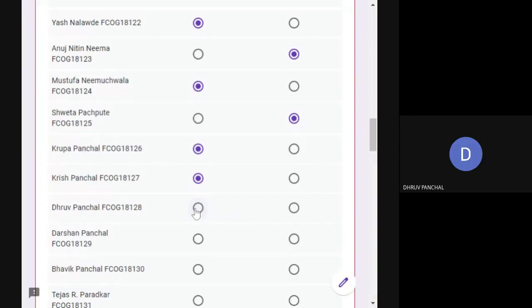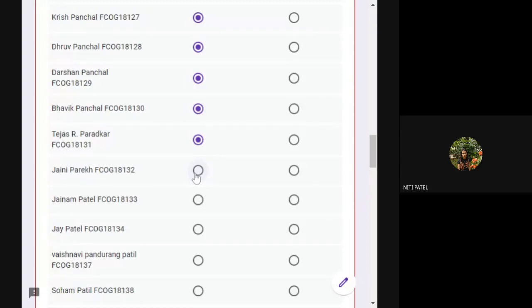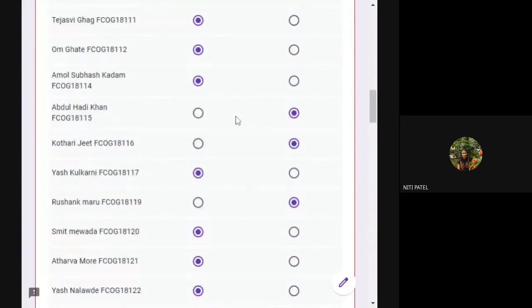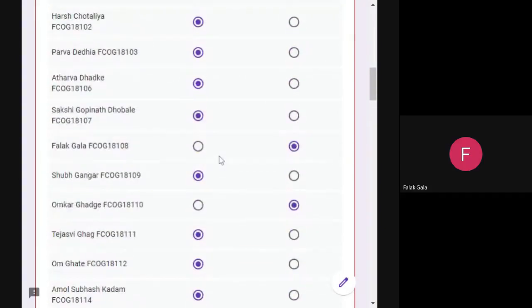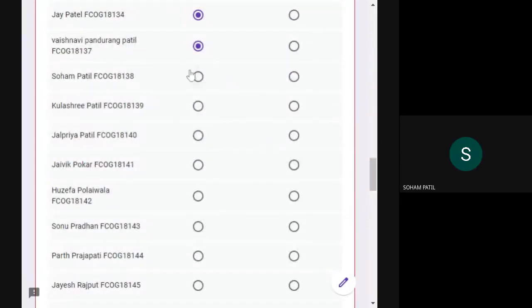Dhruv, present, ma'am. Darshan, present, ma'am. Bhavik, Tejas, present, ma'am. Jainam, present, ma'am. Jaini absent, Jainam present, Jay, present, ma'am. Vaishnavi present. Who else has given present here? Falak. Where were you, Falak, when I called your number? Ma'am, my mic was off. Sorry. Soham, present. Kulashri.